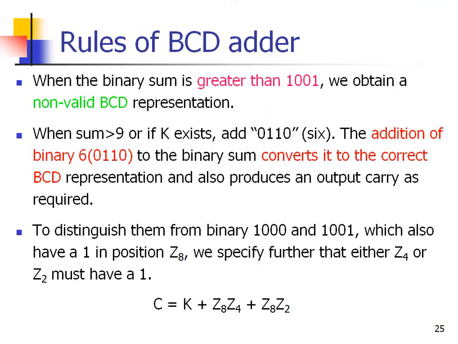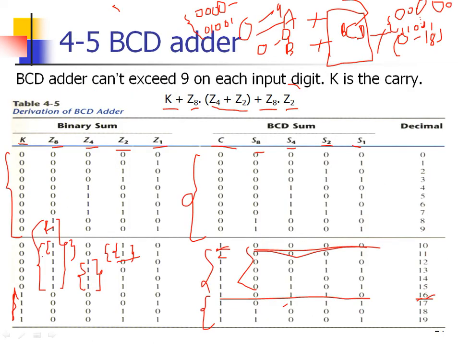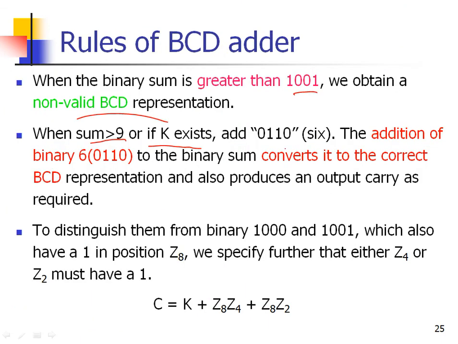When the binary sum is greater than 9, in binary it is 1001, we obtain a non-valid BCD representation. When the sum is greater than 9 or if K exists, add 0110, that is 6. The addition of binary 6 to the binary sum converts it to the correct BCD representation and also produces an output carry as required. To distinguish them from binary